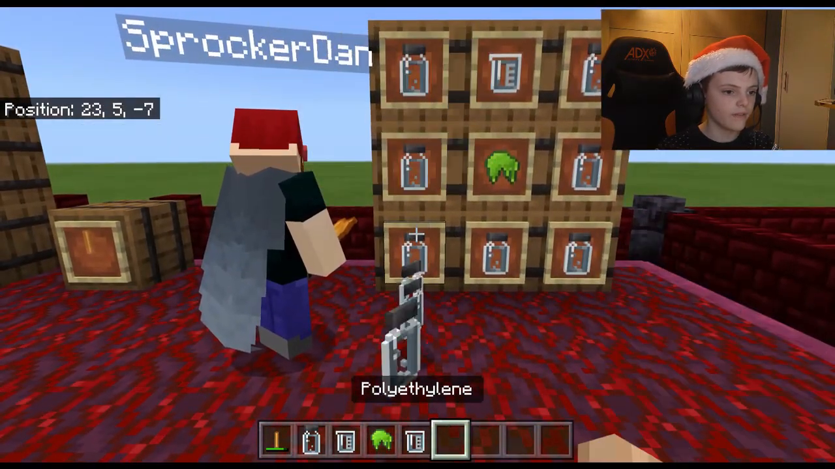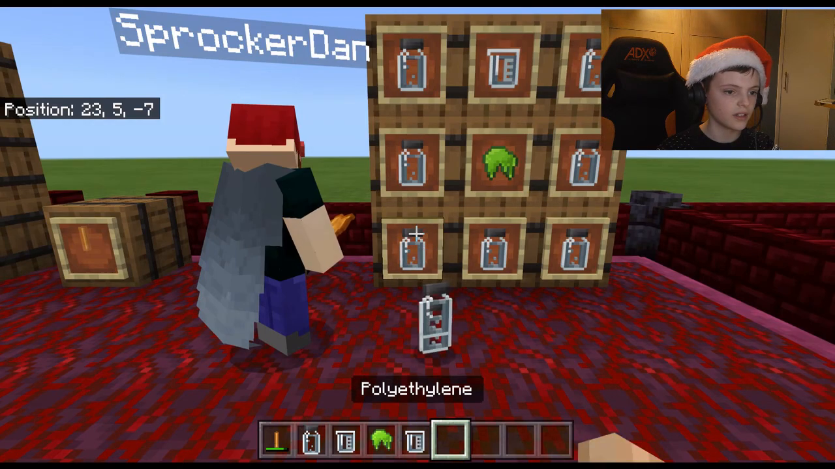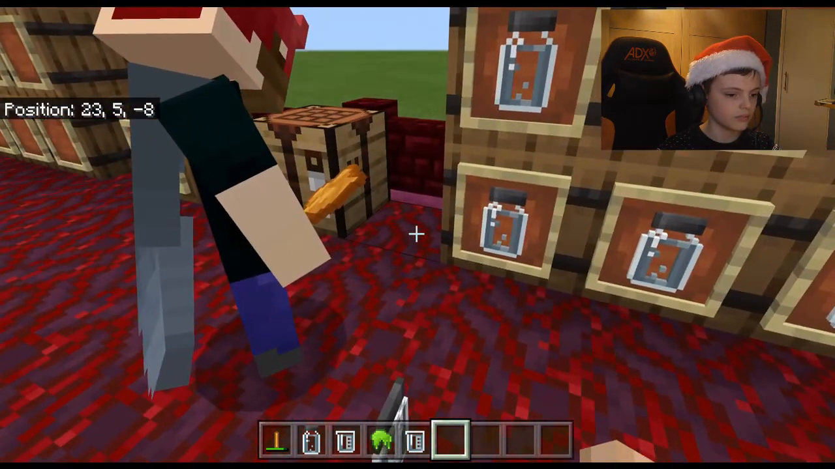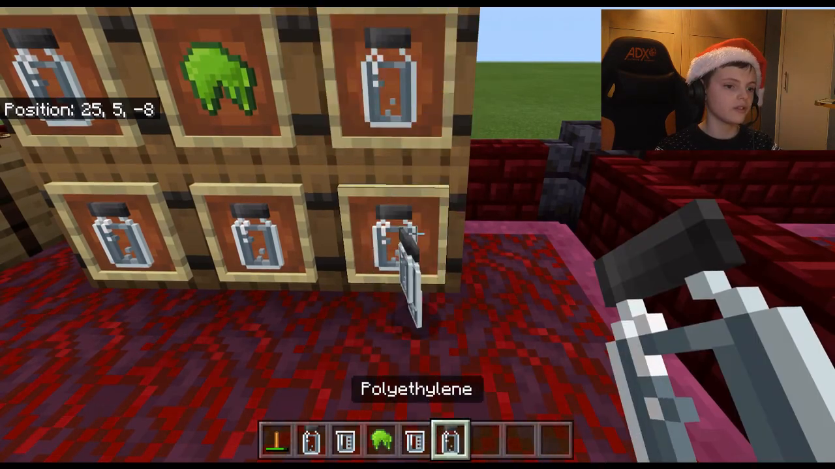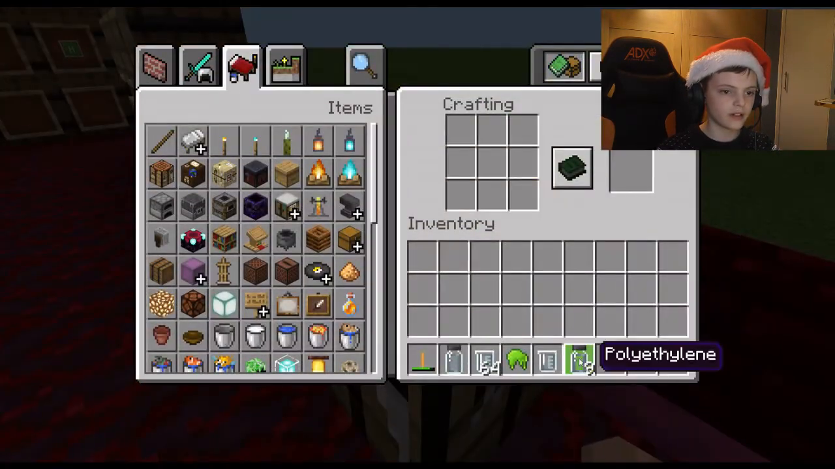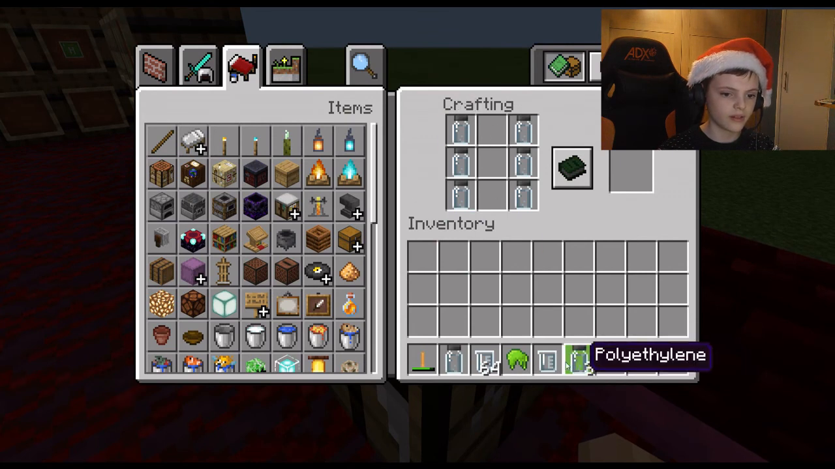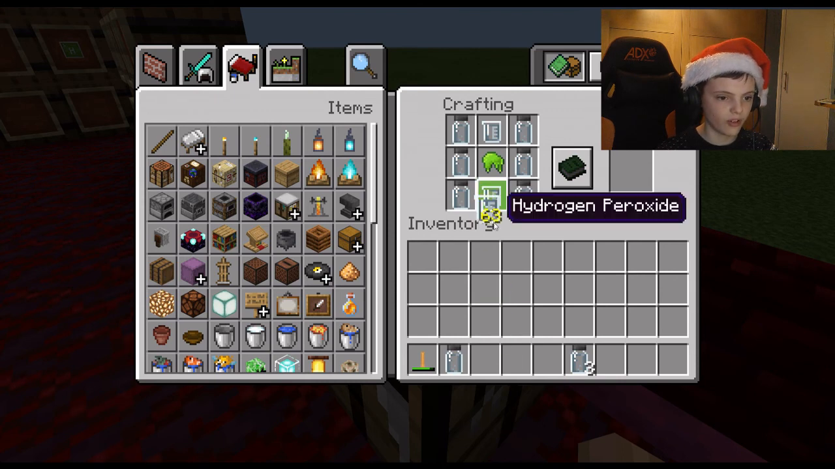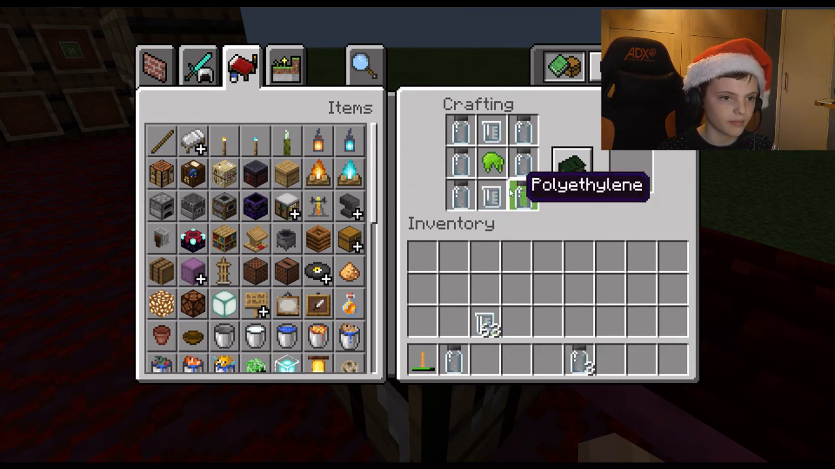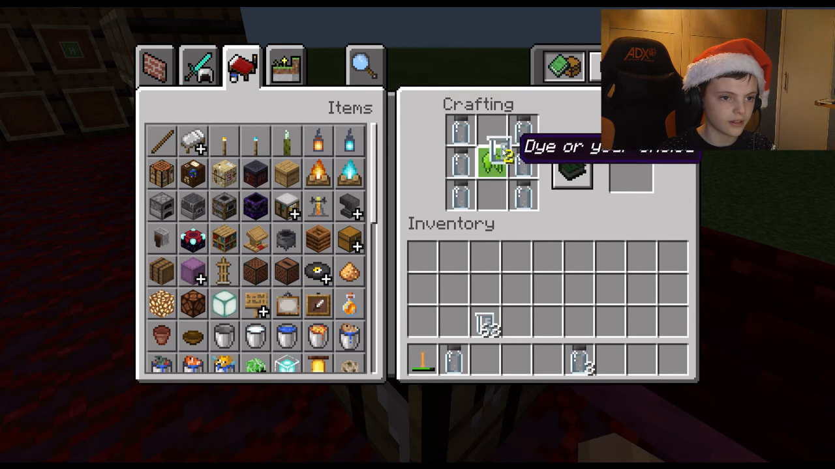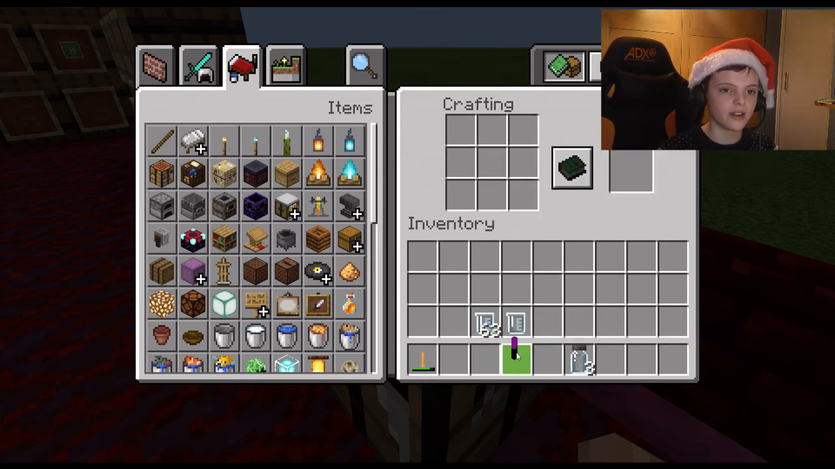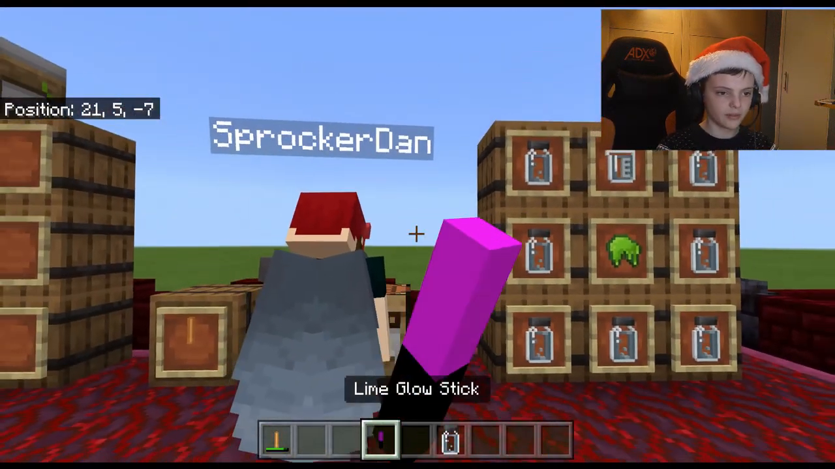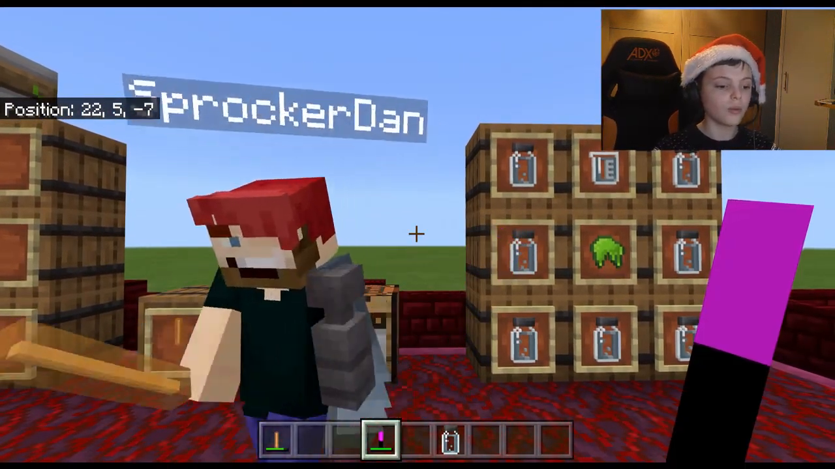2, 3, 4, 5, 6, and then 1, 2, 3, 4. I'll just grab a load of it. So as you can see here, if you do the recipe the wrong way around, Alex. Oh, that's because it's 2 hydrogen peroxide. Luminol. There we go. See here, it's a bit weird and buggy, so it might not work, but don't worry